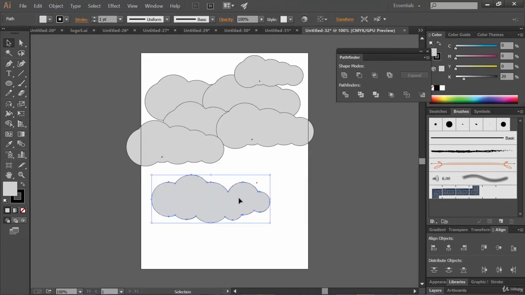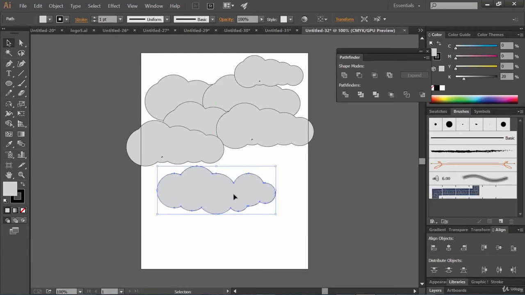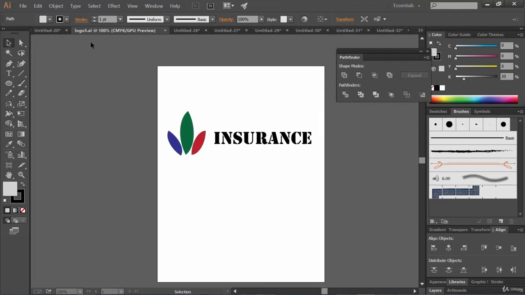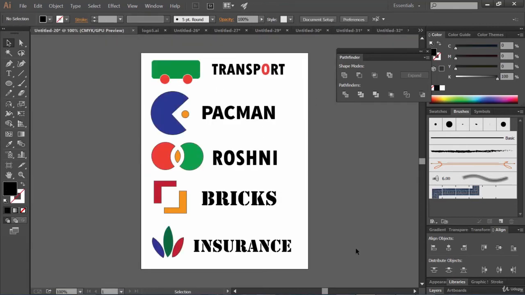So that's it, guys. Now I think you know how you can work with the Pathfinder and Shape Builder to create advanced shapes. So in this section we have created clouds, we have created logos. Yup, here are our 5 logos that we have created.